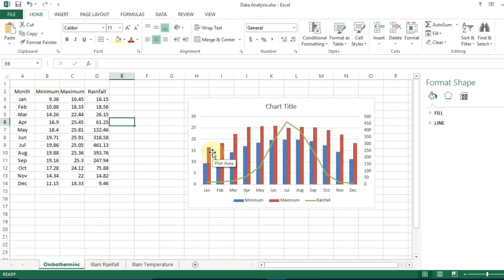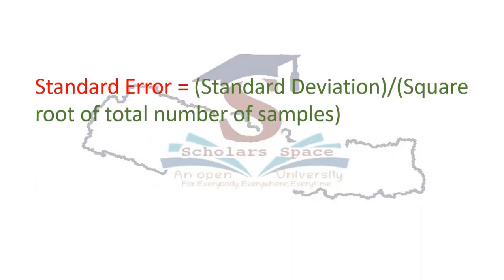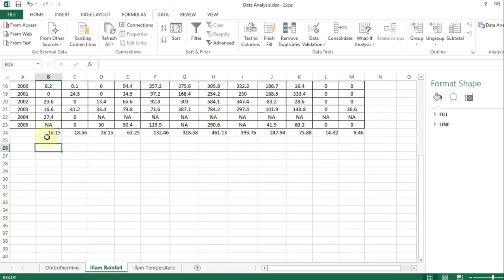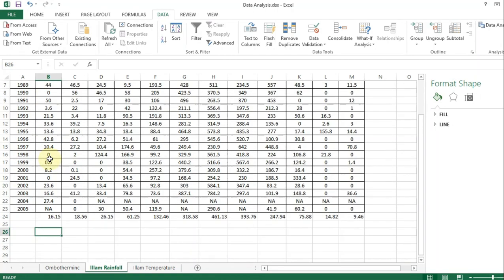Now let's see how we can insert error bars in column chart. And for inserting the error bars, we need to first calculate the standard error. Now we all know that standard error is standard deviation by square root of total number of samples, and in Excel we can calculate the standard error by using the function stdev by sqrt count. Now let's calculate the standard deviation of all this data, and for that we'll give an equal sign,